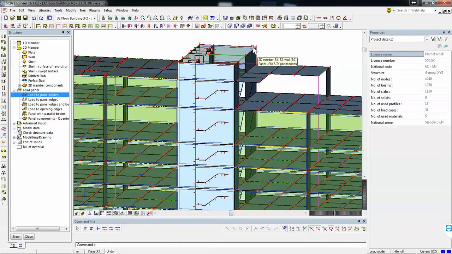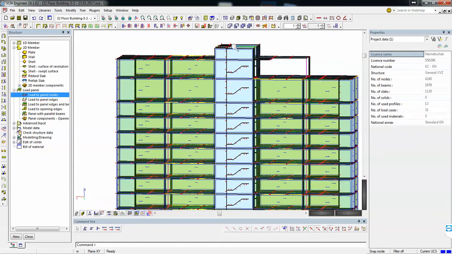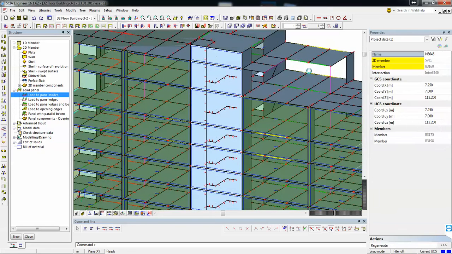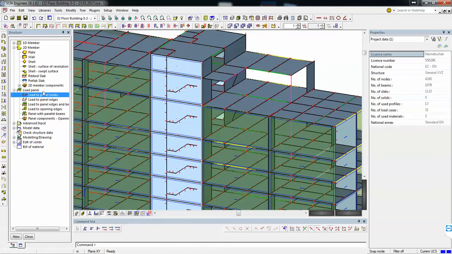Have a slab on top. Did I delete it or why can't I see it? Because I have the entire building available now. Okay, I think I deleted it. Yes. So I'll just close this part with the panels and then see.